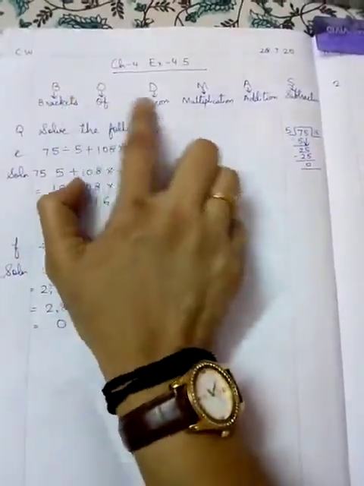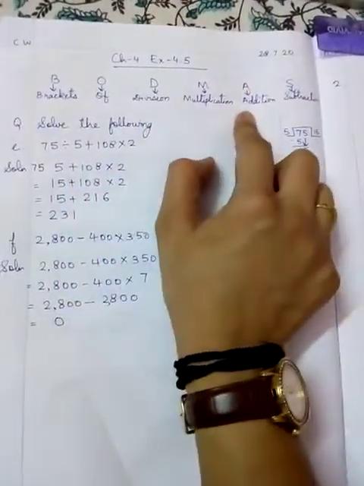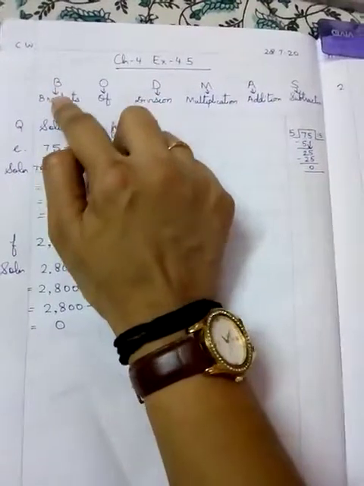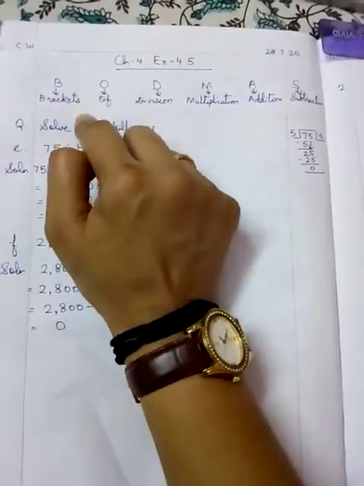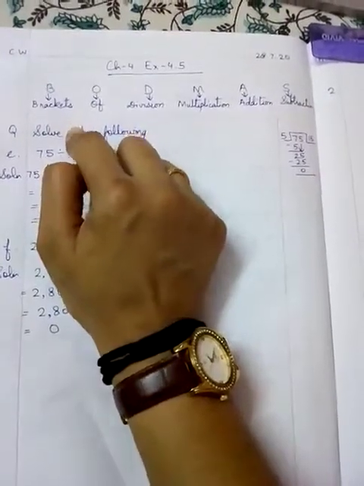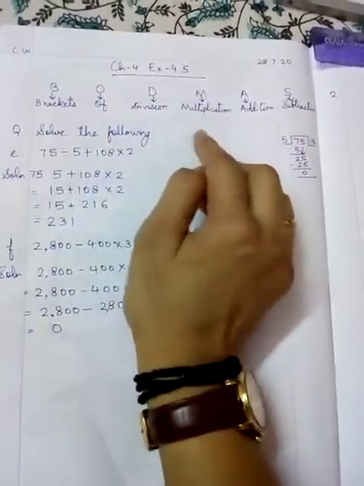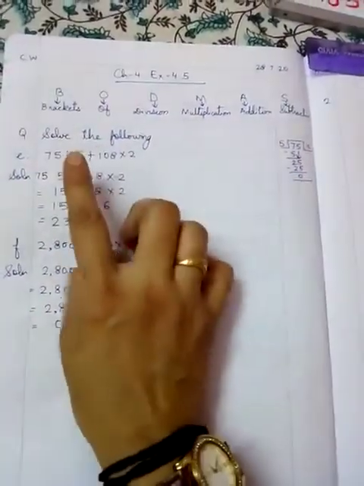I begin with writing the full form of BODMAS. If all of the full form will not come together, you can write like this. B brackets, O, write down. Mention O here only, write the full form down. D up, M down, full form. A addition, S down. You can write the full form of BODMAS up and down like this.